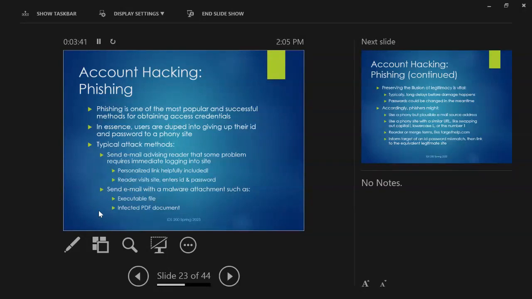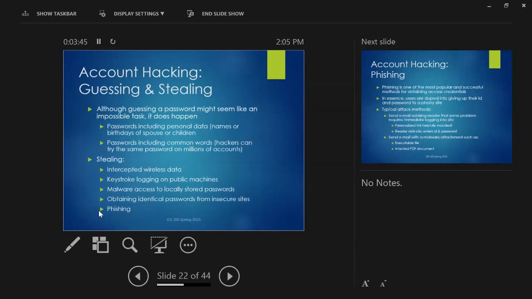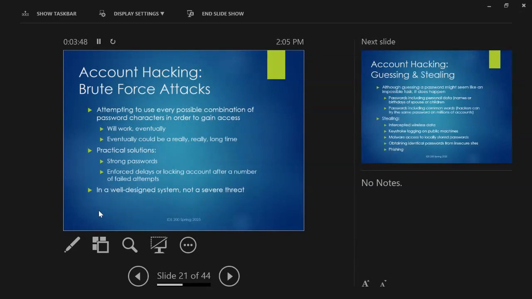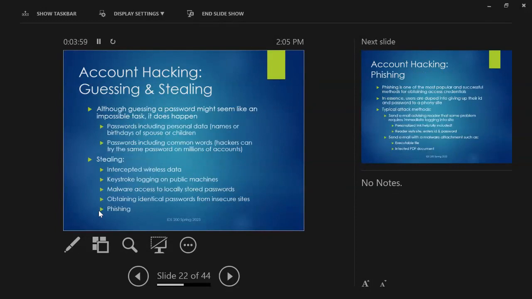What it is is basically the bad guys trick you into giving up your password. So the history of all this: once upon a time, like 40 years ago, it might have been possible to do a brute force attack on a fair number of password protected systems. Eventually that became impossible, but people were still using things like words and simple sequences of numbers and text, and it was surprisingly easy to often guess them. Well, eventually the websites wised up and said, nope, we can't do that anymore. So we're going to make the passwords really, really hard to guess.